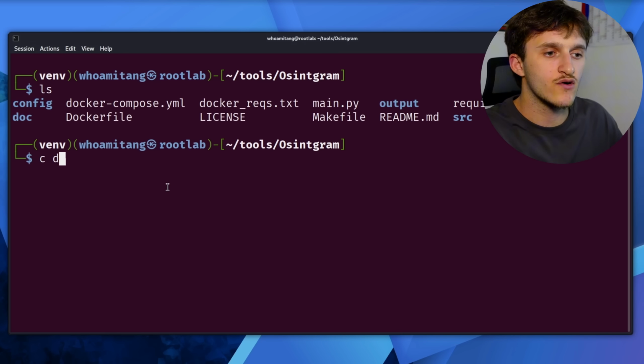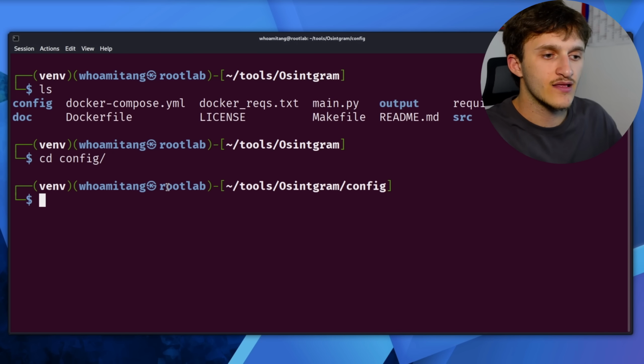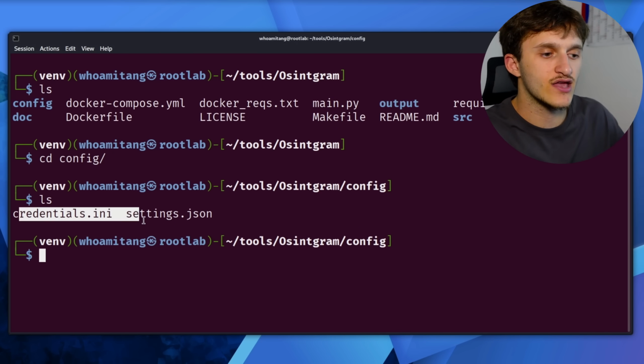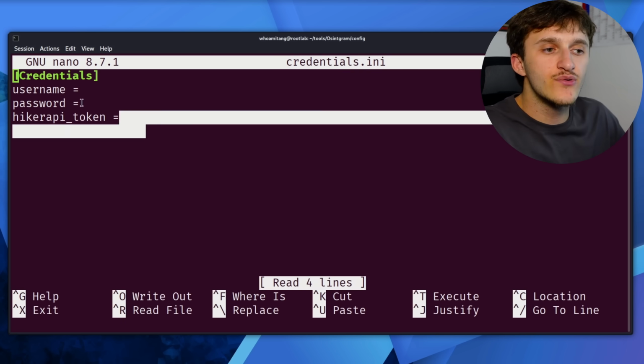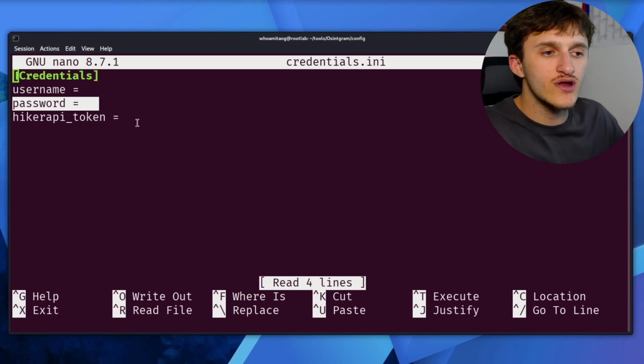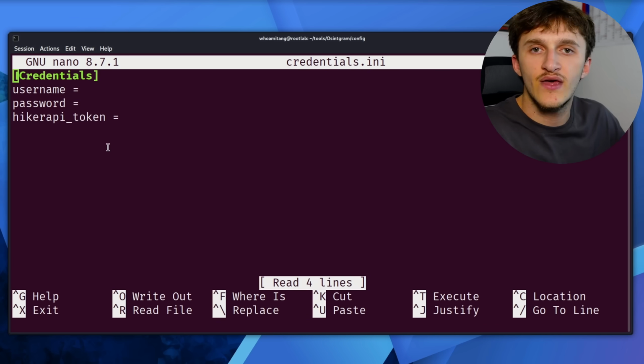There are the files, going inside config, there are the files again. And here we see it, credentials.ini, nano credentials, and a tab. Inside we have three fields: username, password, and hiker API underscore token. There are two ways we can pull the data. Either we log into our normal Instagram account using our username and password, or we use a Hiker API